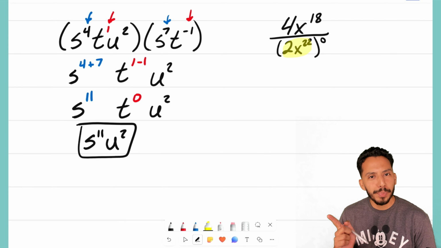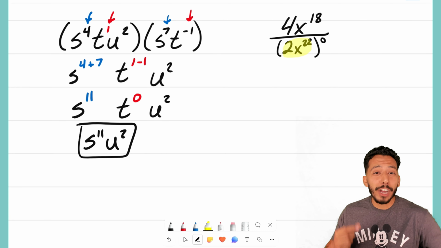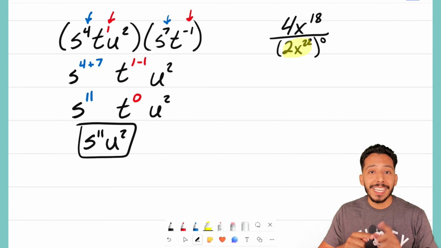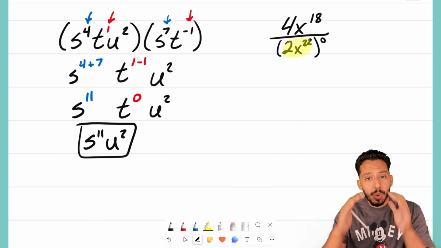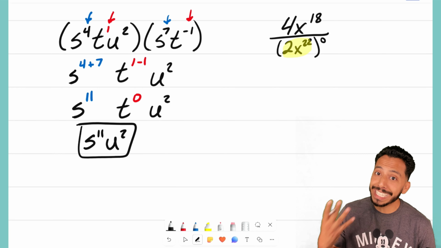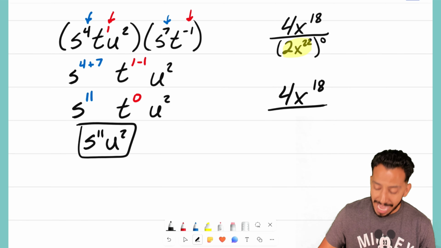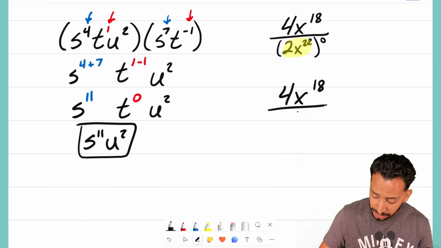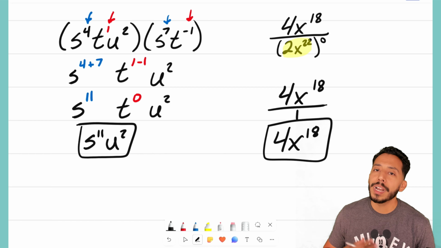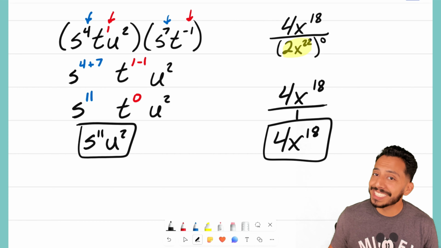And we just talked about it on the other problem. Anything to the 0 power is 1. Even that crazy mess of 2x to the 22 power, even that is going to become a 1 because that quantity is to the 0 power. So what's really nice about this problem is that it looks like it's a lot of work, but the top is essentially going to stay exactly the same, and the denominator is going to simplify to a 1, so the final answer ends up being 4x to the 18th power. That is it, because remember, anything to the 0 power